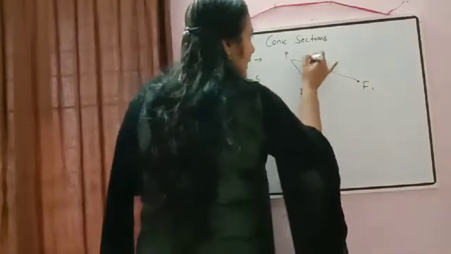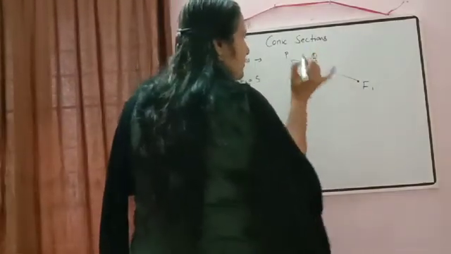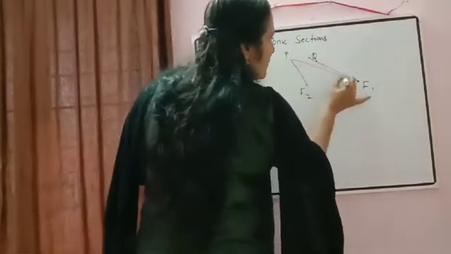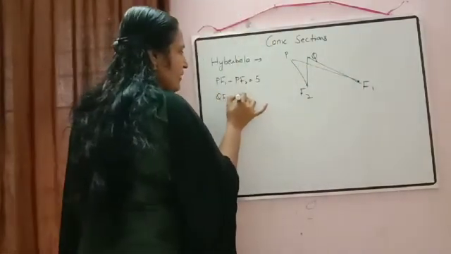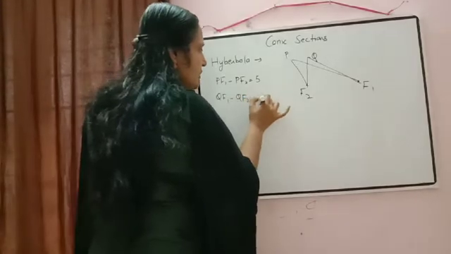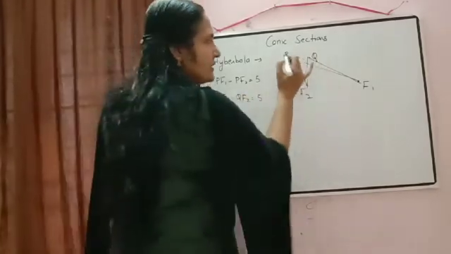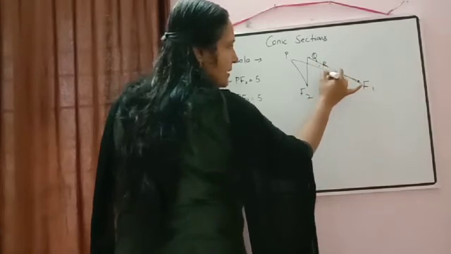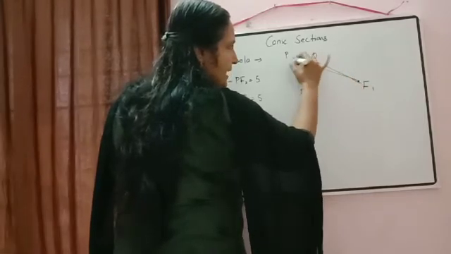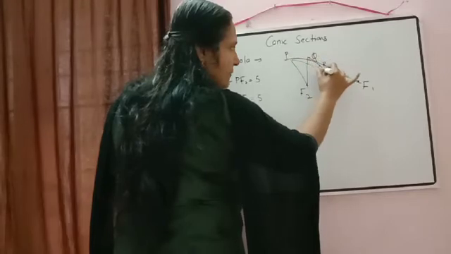In the same way, I took another point here, Q. Then again what I will do? QF1 minus QF2. If QF1 minus QF2 is also coming 5, we can take that point also. In this way another point R will come here. So now when you take these, you will get the diagram in this way.